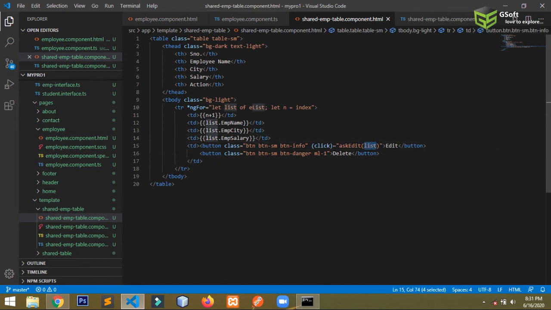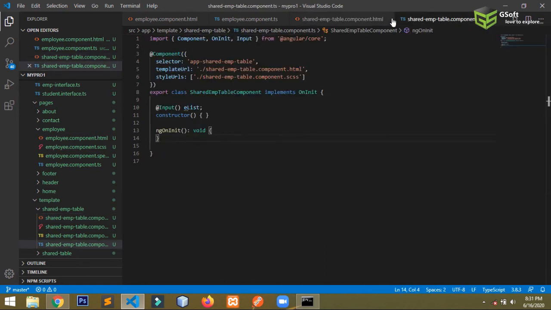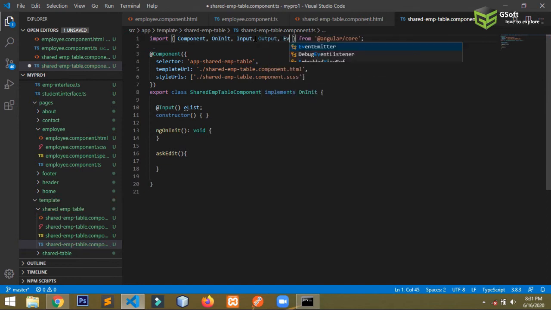so now I will be creating a function here, askEdit. So for sending data from child component to parent component, you will require two more classes with the names Output and EventEmitter.